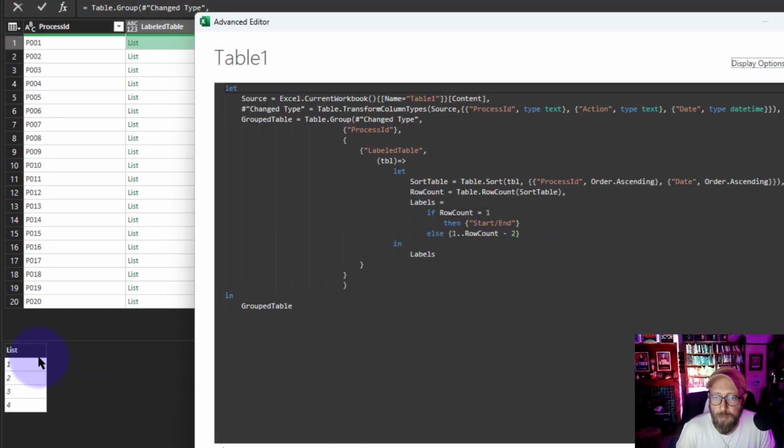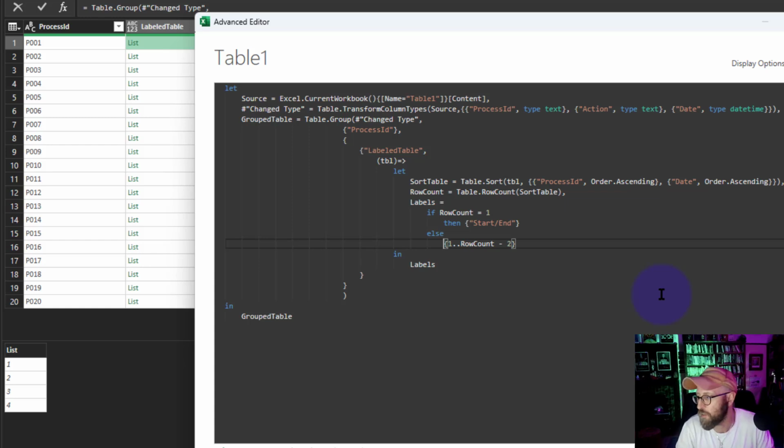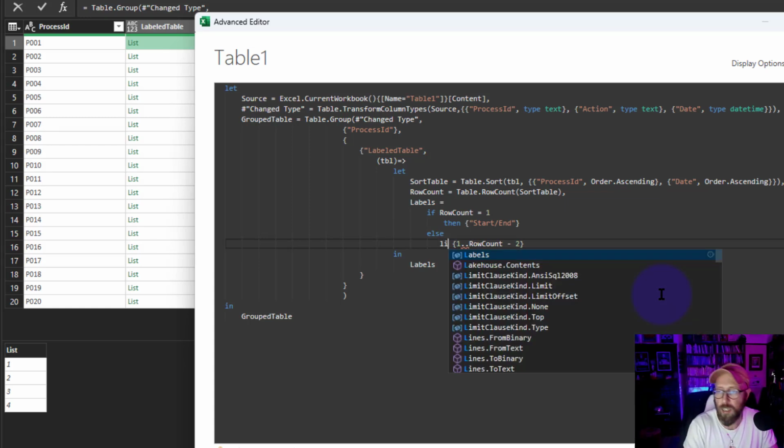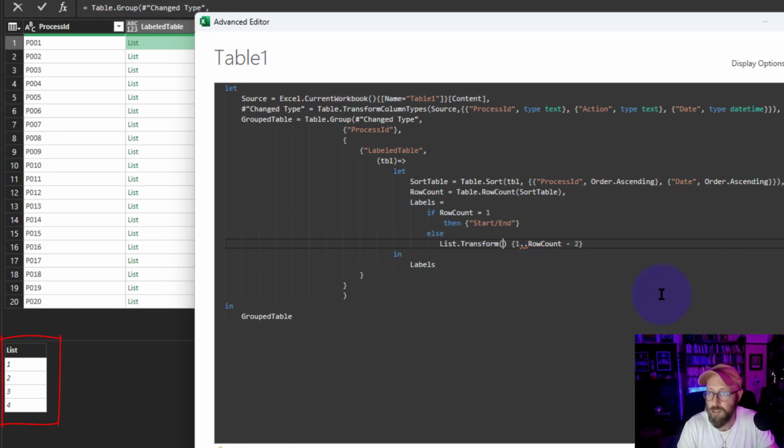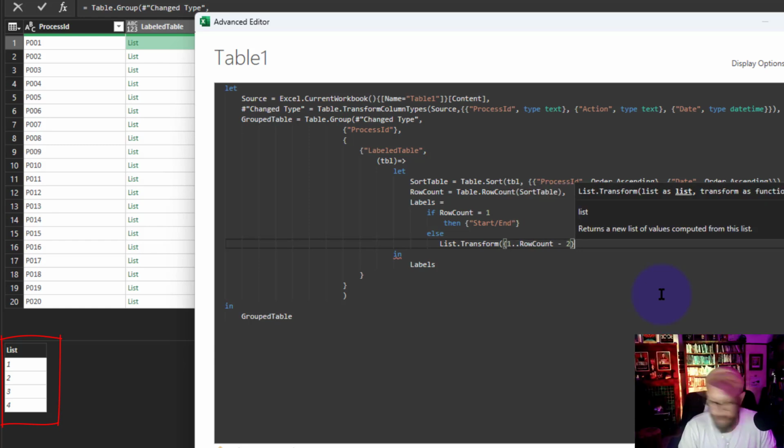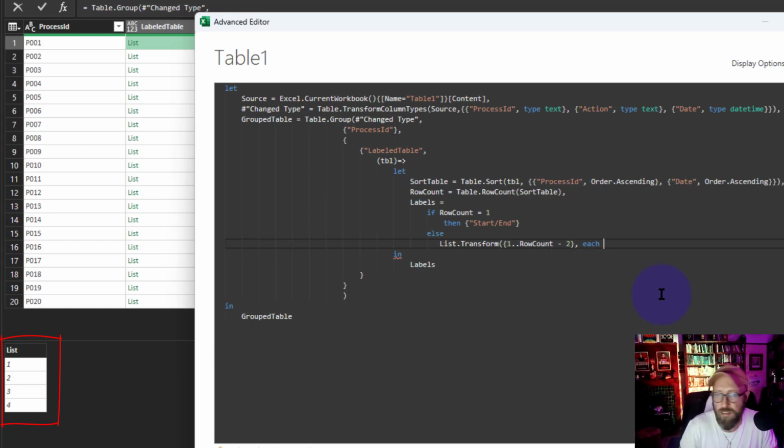I want to take these labels. I'm going to say step 1, 2, 3, and 4. So let's start a new row there. I'm going to say list transform because this is a list. I'm going to take this list and say for each item in this list, the 1, 2, 3, and 4, take the word step